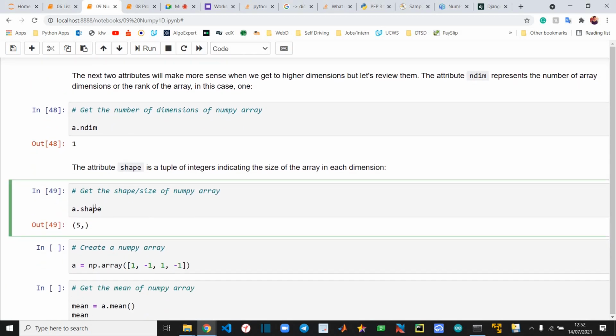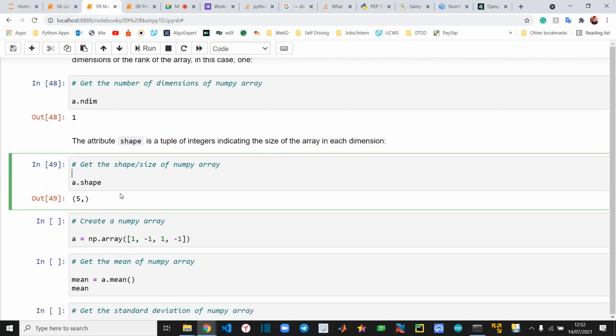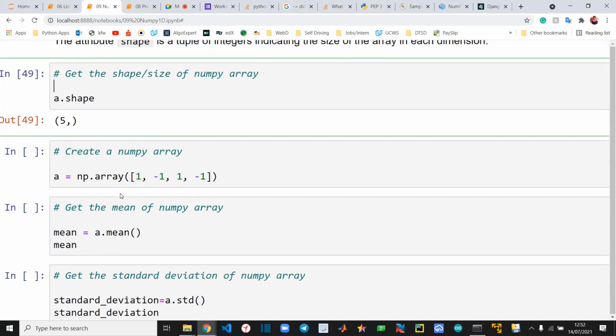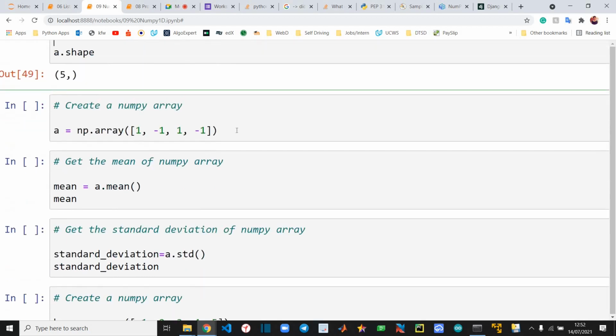If it was an image, it could have been like 1080p into 720, comma 3. Okay, we'll talk about it more later, but you just need to know what kind of functions there are, and you can present an image in the form of a NumPy array. We will also see that tomorrow. We'll write a few things and we will see it converted into an image. Okay,